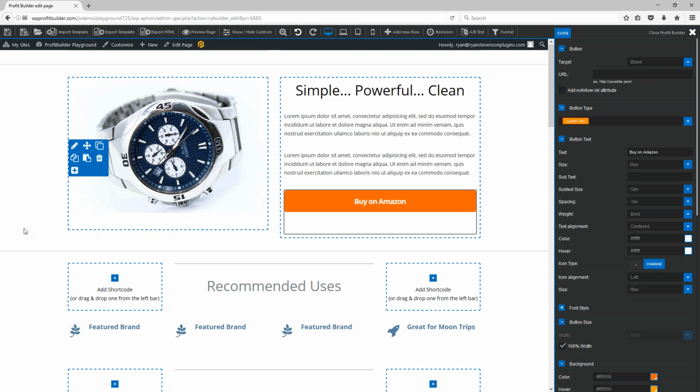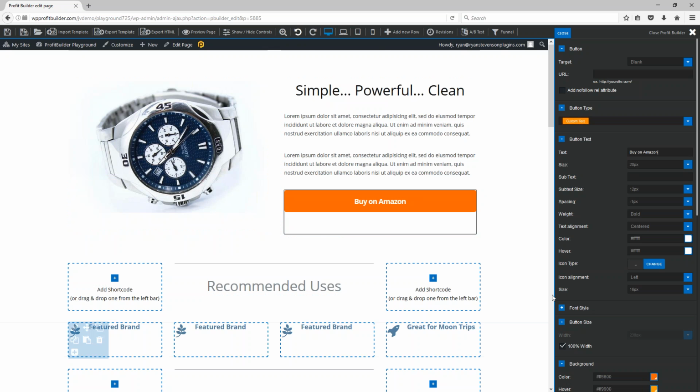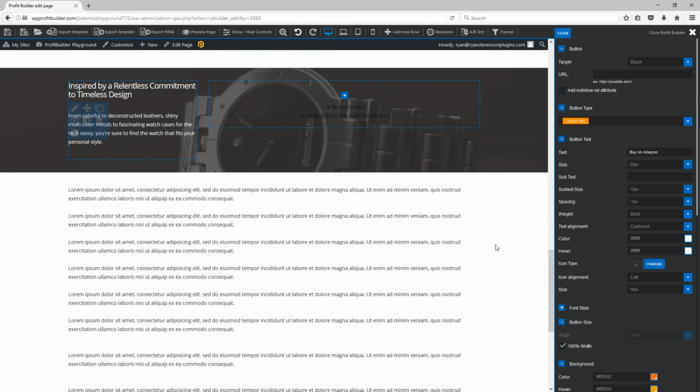A lot of these different templates that are already built into Profit Builder demonstrate all these different features, and makes it really easy to kind of mix and match and put all these things together to create these full web